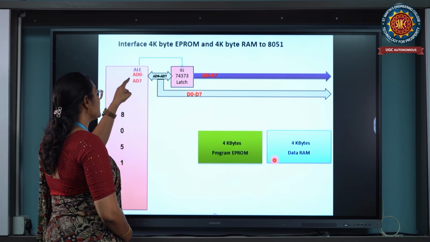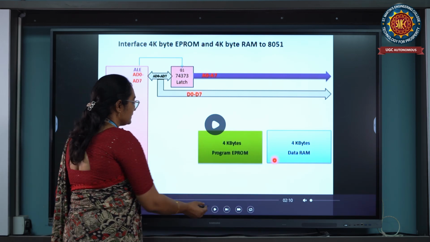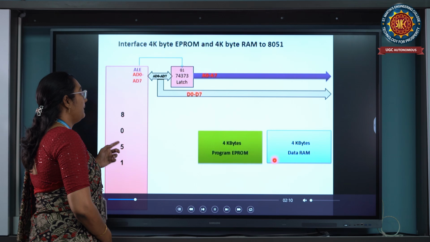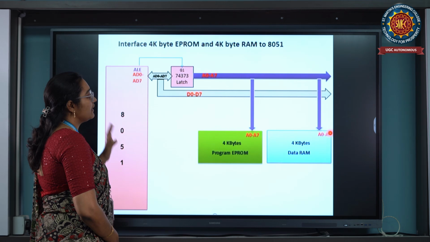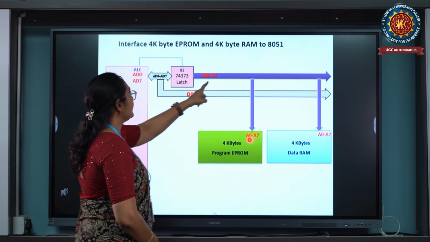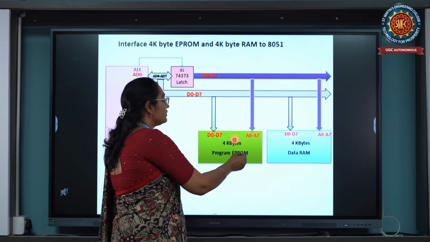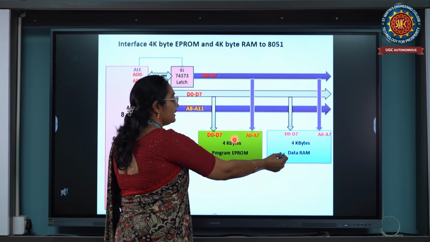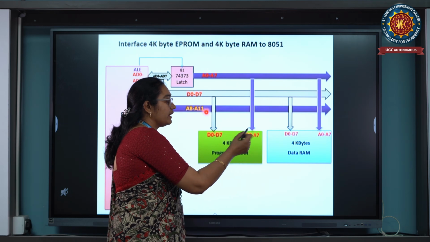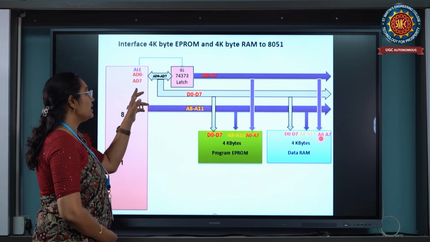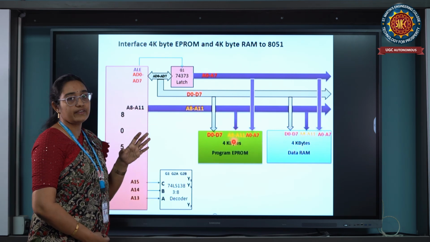Here port 0 is connected to AD0 to AD7 and the ALE pin. Next, port 2 is also connected to the higher order address lines. Here we are getting address and data lines. These are connected to A0 to A7 of the ROM memory and D0 to D7 of the RAM memory, D0 to D7 of the ROM memory and A0 to A7 of the RAM memory, and are connected to AD0 to AD7 with the help of the latch. We are connected for interfacing, address interfacing.